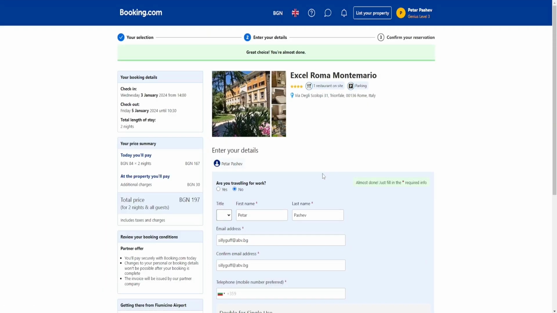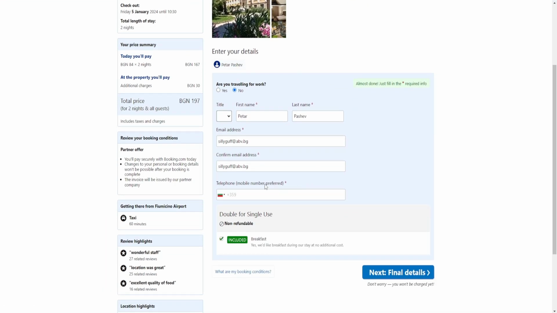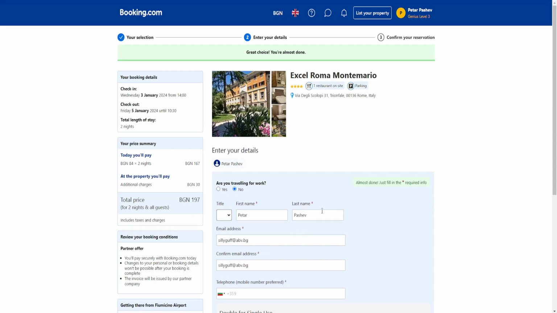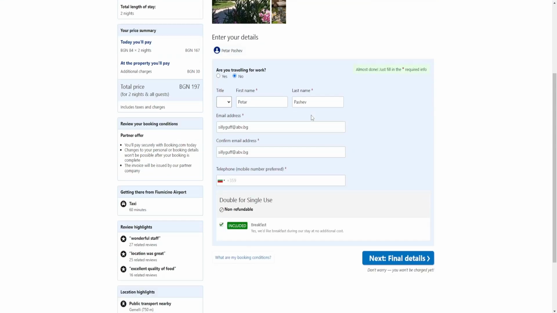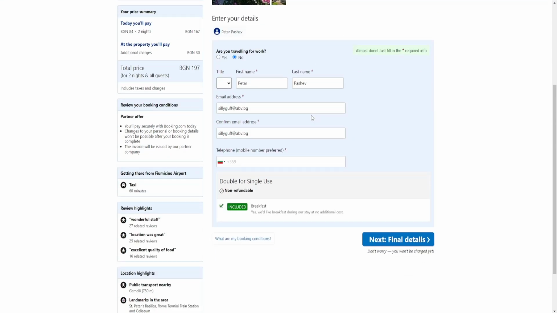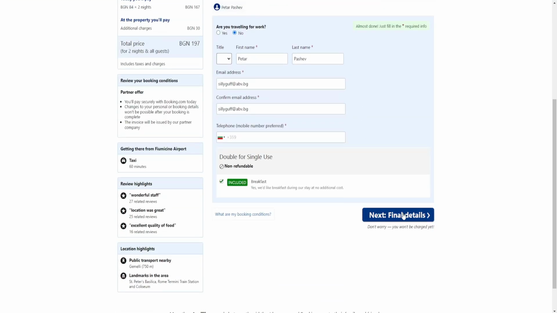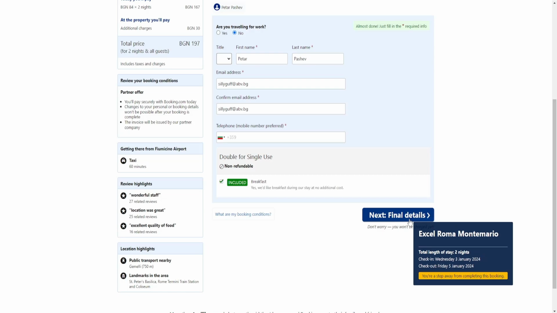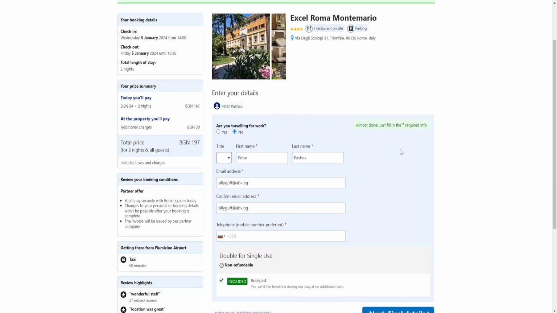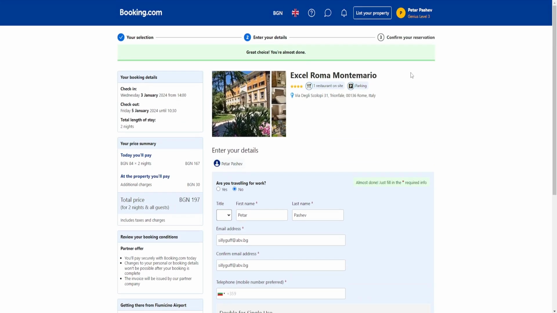And this is what it's going to look like. You have to include all of your information, and then they will ask you for your credit card details, depending on whether they want this to be prepaid or if you pay when you enter the property itself. So here you will write your information and then just gotta click on final details, and you will write your credit card information and you will